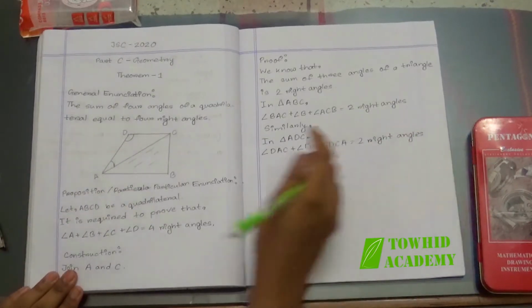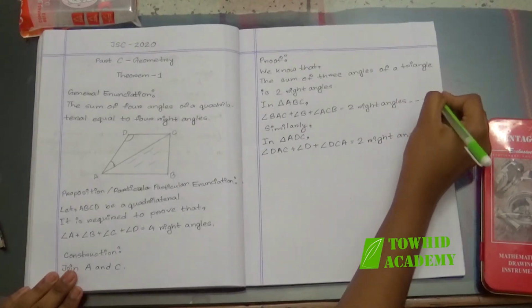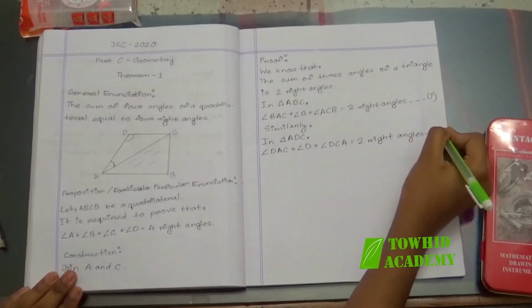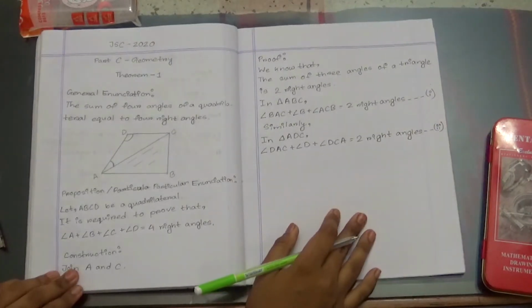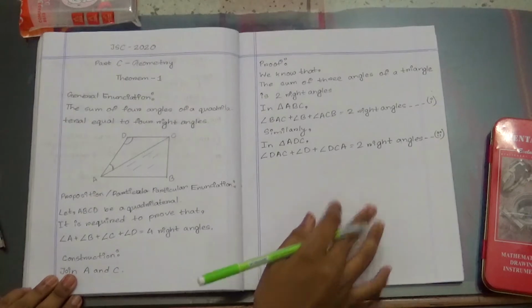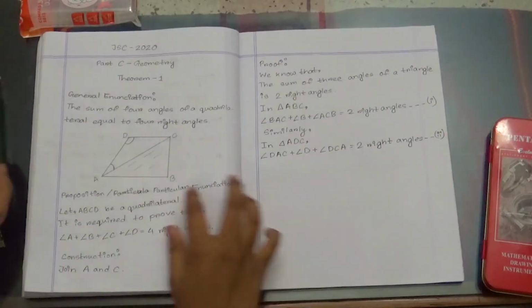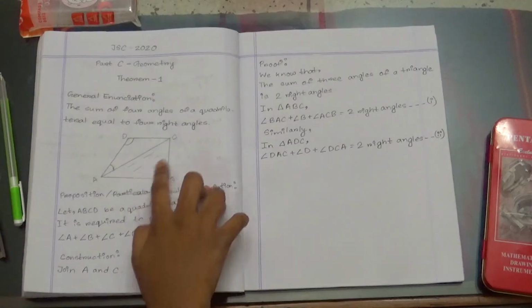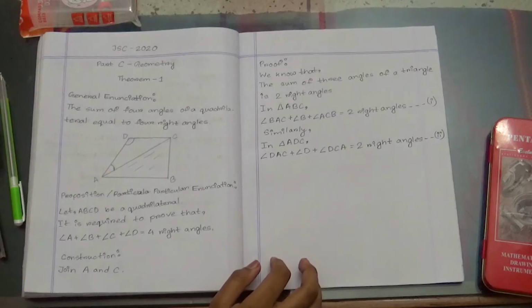Now we have shown that you have to give equation 1 and equation 2 in these. It will be easy for us to add. As we are not putting steps, we have to write equation 1 and equation 2. So we have shown the two triangles of the quadrilateral, which we have divided by the diagonal, and then we are going to write